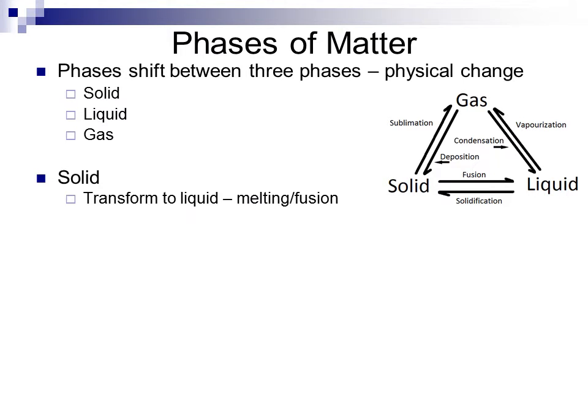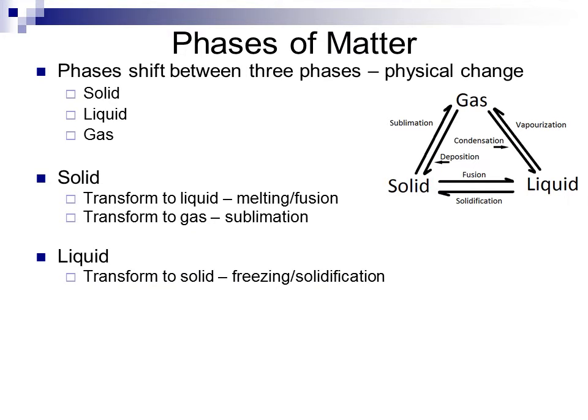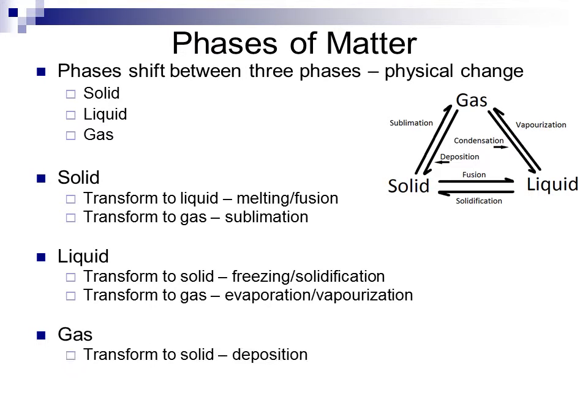A solid can transform into a liquid through a process that's referred to as melting or fusion. It can transform to a gas directly through a process called sublimation. A liquid will transform to a solid through a process called freezing or solidification, and to a gas through a process referred to as evaporation or vaporization. A gas can transform directly to a solid through a process called deposition, and to a liquid through a process